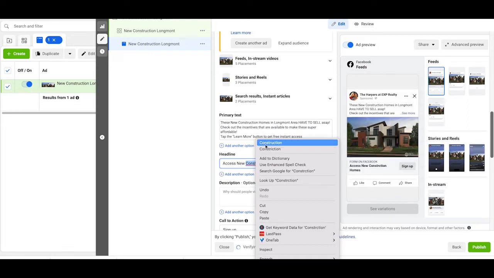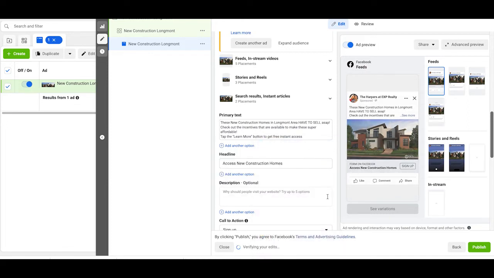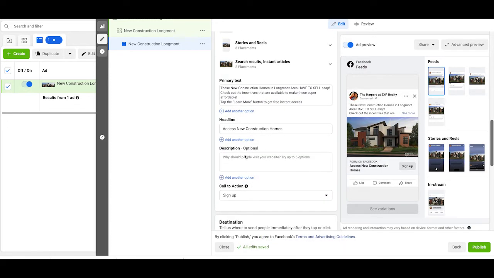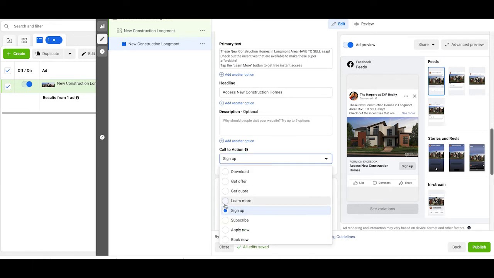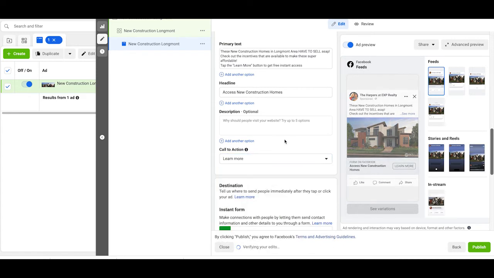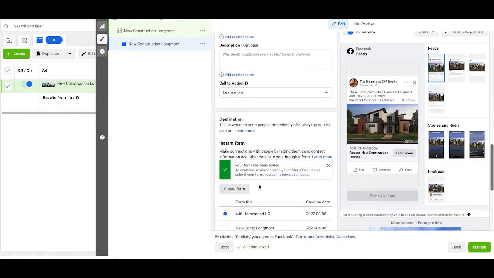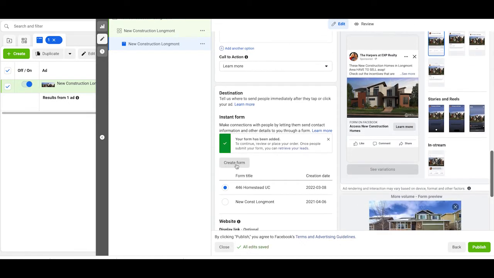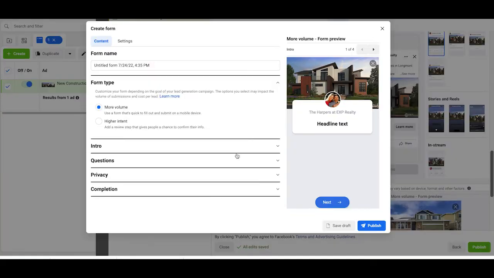New construction homes. Good. That works good. Don't really need that. Let's switch this over to learn more, because that's what we put in our ad. And now let's create a new instant form so you see how to do that. Okay, let's call this new construction